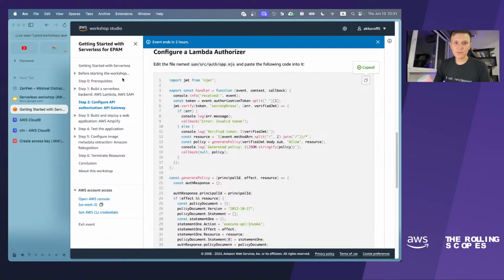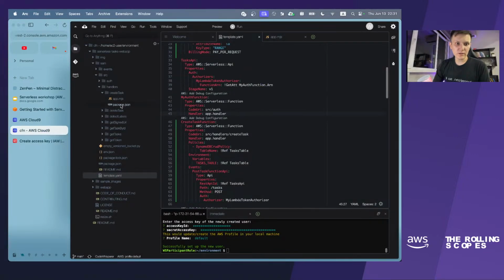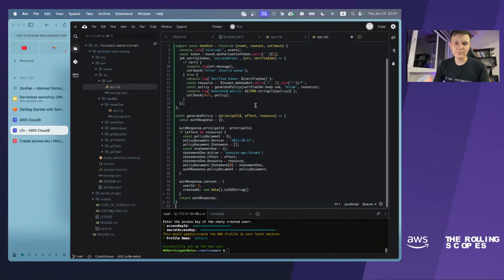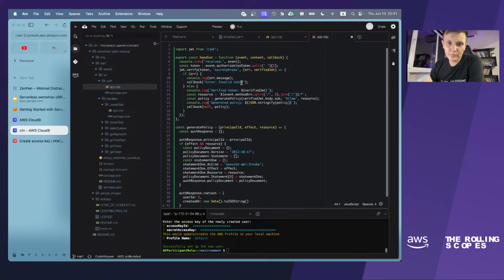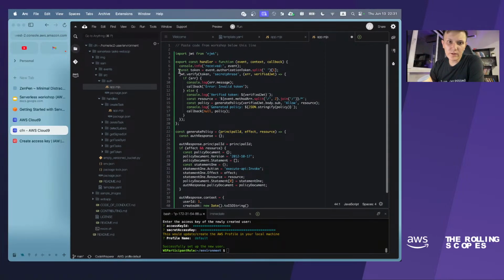We will copy it and put it here in src/auth in app.mjs, and we can go through this code as well. So here we just import the JWT library, and then we analyze the token which is passed with a bearer prefix and then the token itself.